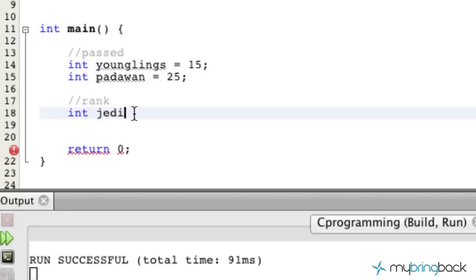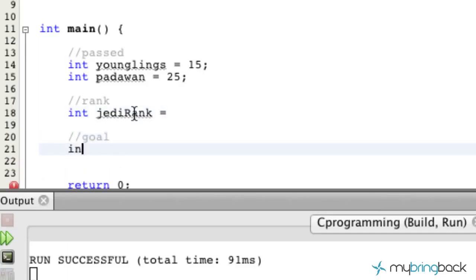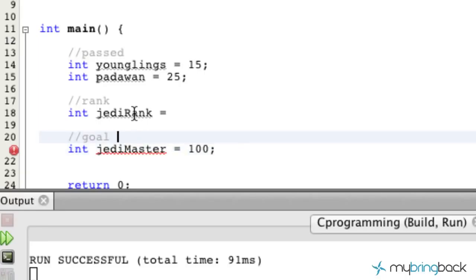And so we'll call this variable Jedi rank, and we're going to set that equal to, well, I'll get to that here in a second. But then also our goal is to become a Jedi Master, and maybe in the future a Grand Jedi Master. And so we're going to set that equal to 100. So we're trying to achieve 100. Right now it looks like we've only got 40 as our value for our Jedi rank. So instead of having a Jedi rank and put like 15 plus 25 is going to be our Jedi rank,